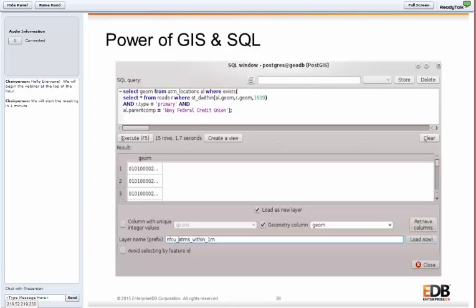And then this, I'm showing the power of GIS in SQL here. So this is in the QGIS application. I could dynamically create an SQL. So this is selecting my geometry from ATM locations. This is the ATM locations table stored in the database. And return all geometries where this Navy Federal Credit Union is within 1 mile of a primary road. So maybe we want to analyze where we have a gap in ATMs, or do some competitive analysis.